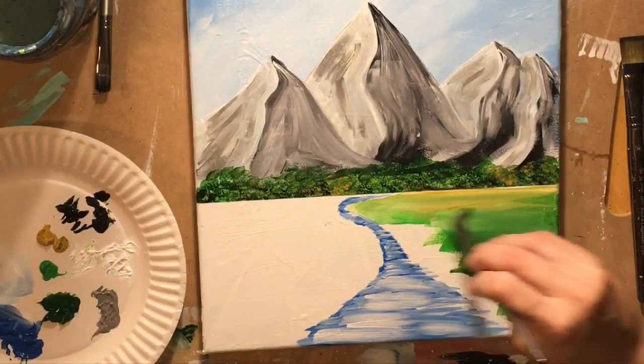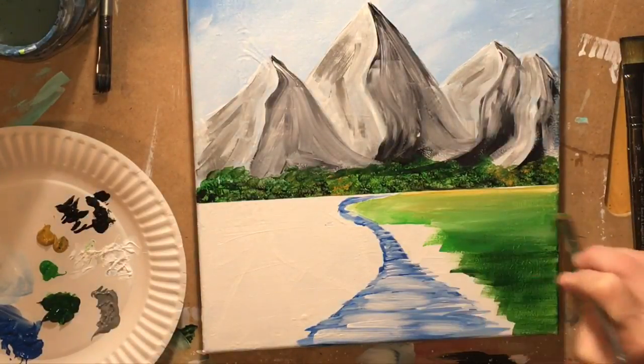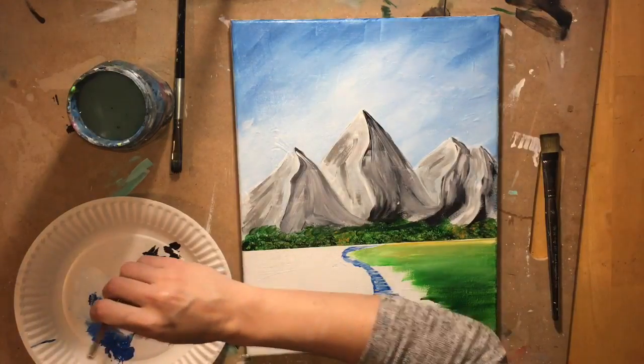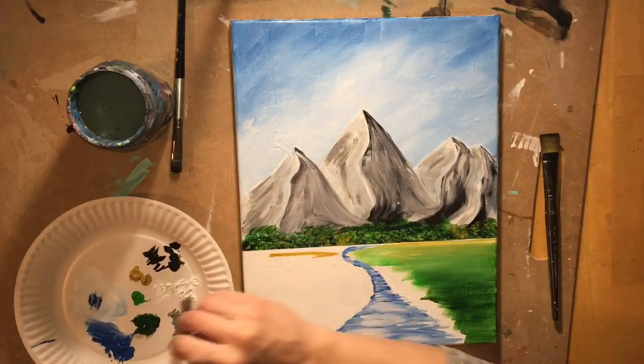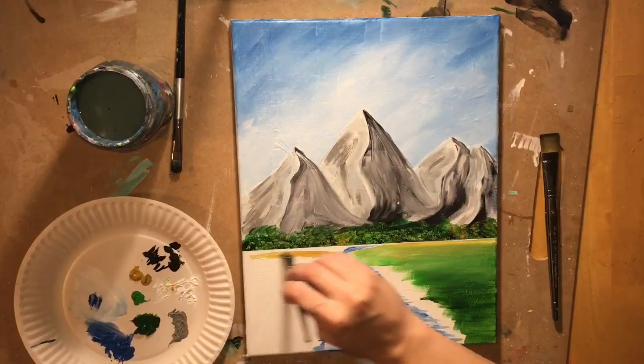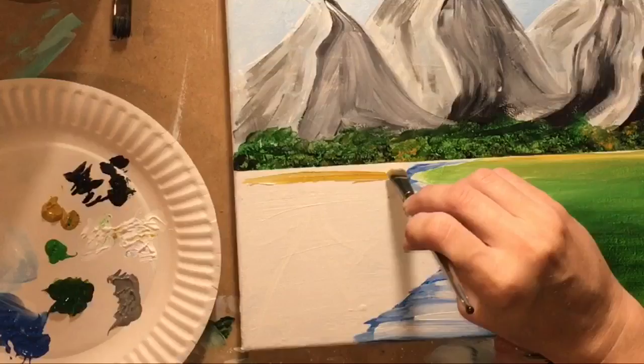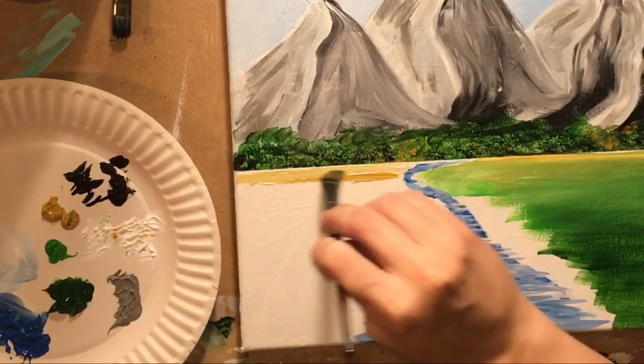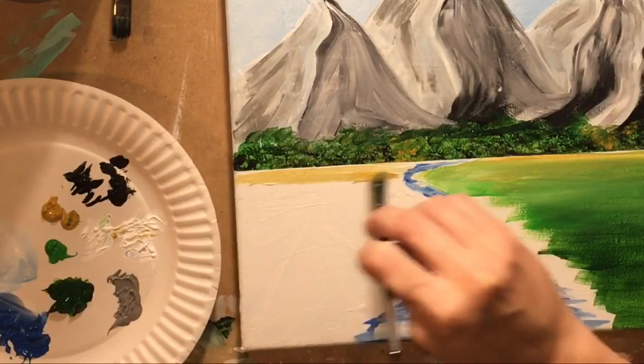And then I'm just going to go up and touch it up here and there. It doesn't have to be a perfect blend of the colors. This isn't geometry. It's nature. It's not a computer graphic, not like a gradient on the computer that you make with graphics software. Anyhow,